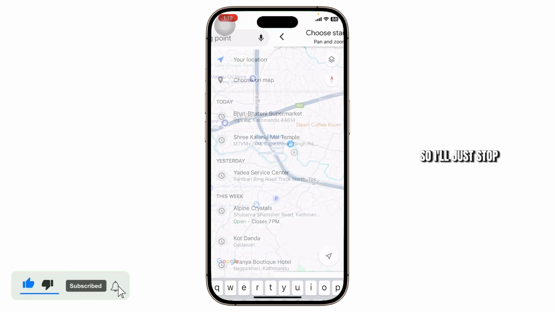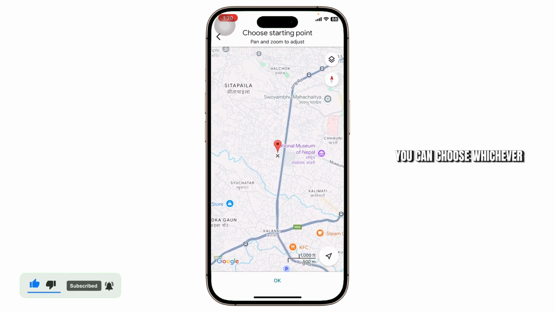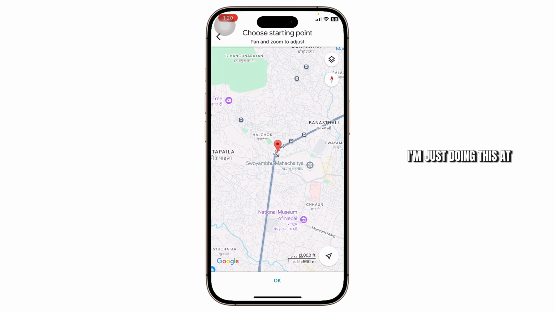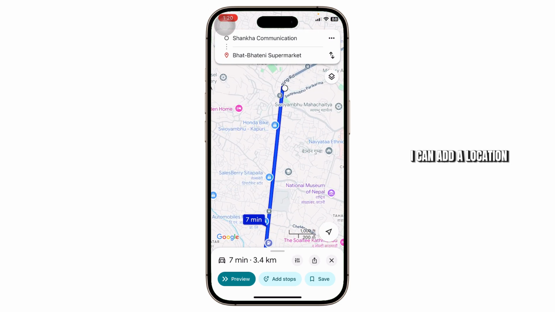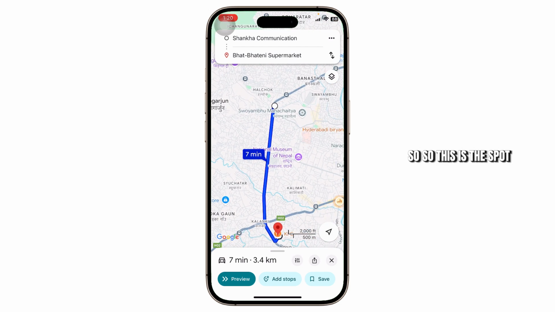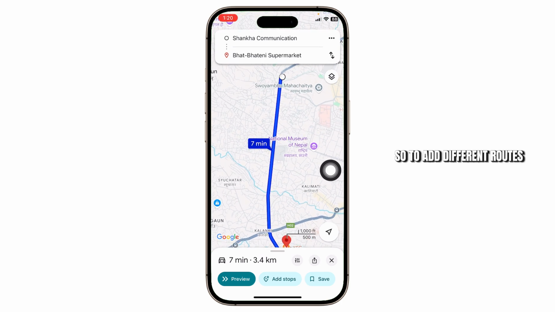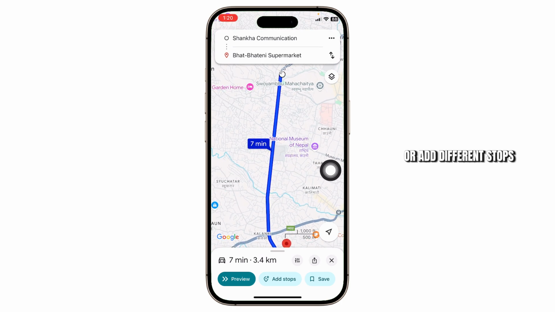So I'll just choose a location. You can choose whichever location that you want. I'm just doing this at random. And doing that, what I can now do is add a location. So this is the spot that I want to begin at, and this is the stop that I want to end. So to add different routes or add different stops, what I can do is I can tap on